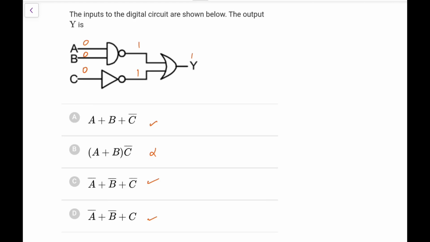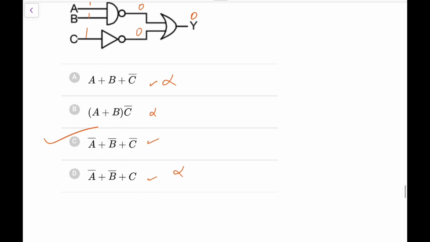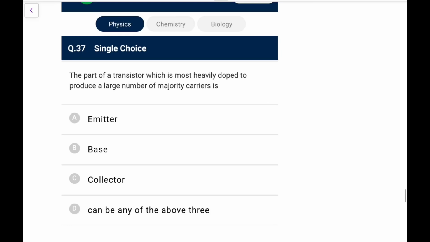Okay. So next what we can do, take all 3 as 1. That would be a better case. 1 1 1 1 1. So what we will have, this is what we have. This is a NAND gate, so it would be 0. It would be 0, so 0 and 0 will be 0. So for all 3 to be 1, it should be 0. So this rejects, and this also rejects. So we are only left with C option. So go for option C just by truth table 1. And for the Boolean, doing 3 is not that easy. You can do it if you are good at it.